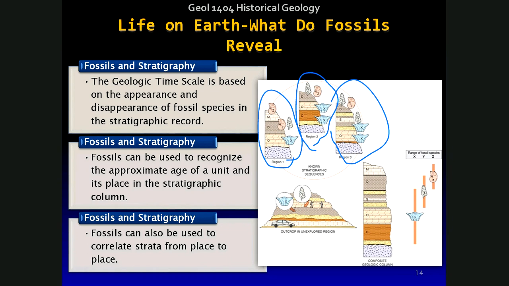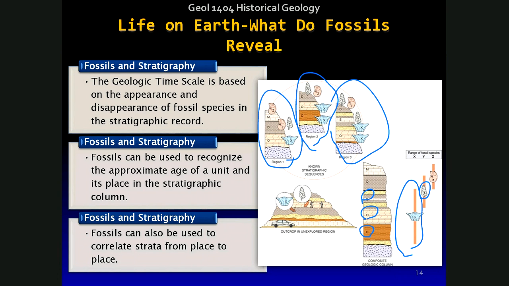For example, for X, the range, the first appearance and the last appearance of this particular species, starts from Cambrian, Ordovician, and Silurian. Whereas the range of Y goes from